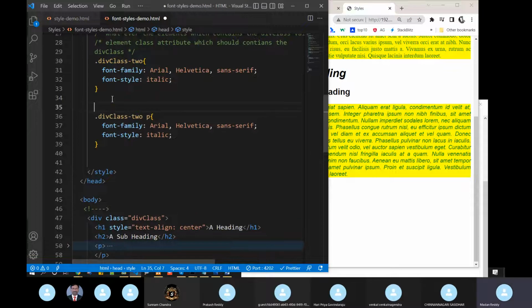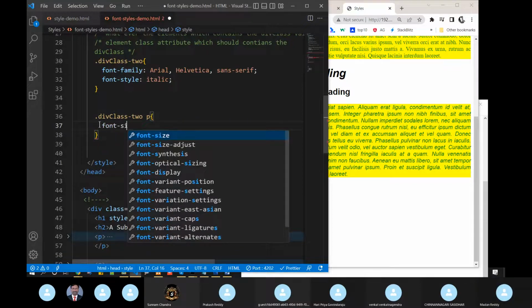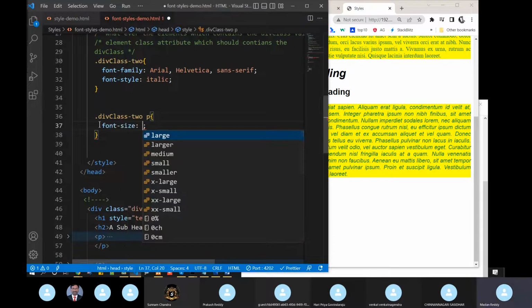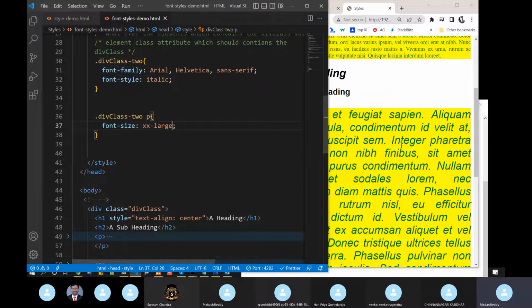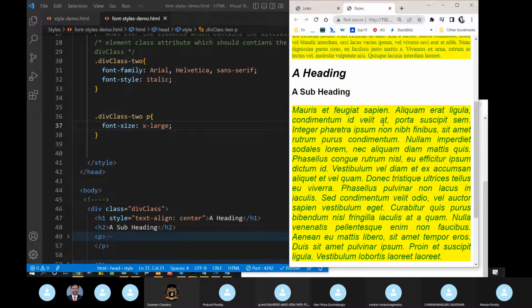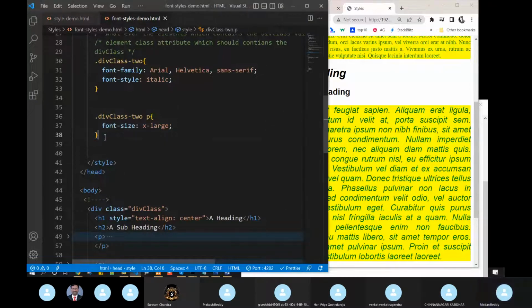First I will show the output, then you can understand. For font size, I'm going to make this something larger, some XX large, some big size. Otherwise I'll make it X large. See what is happening. What is the meaning of this? Whatever the